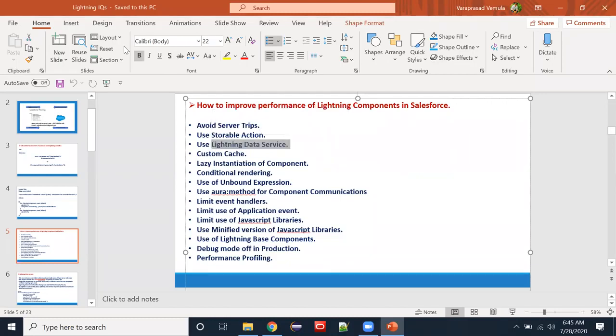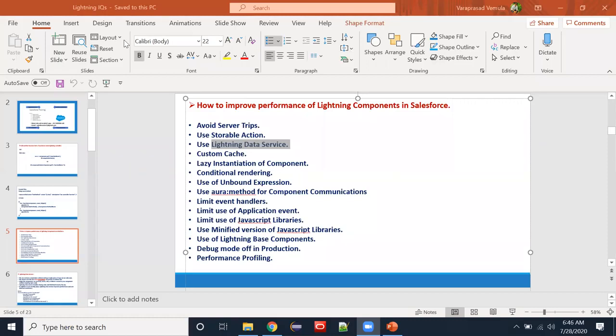We can do CRUD operations without depending on an Apex class, right? Yes. Using Lightning data service, we can create, update, delete, and modify records without writing a single line of Apex code, and no need to use SOQL queries. No need to call a server-side class. Even field level security is taken care of by the Lightning data service.